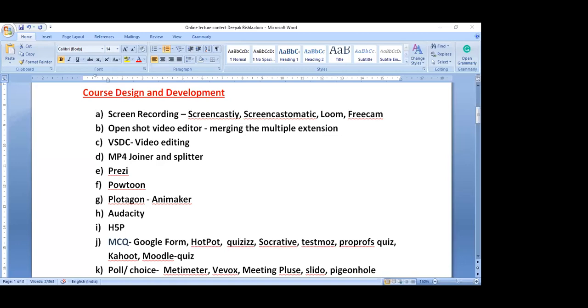Let's say you have some demonstration part as well. Say in a virtual lab, I'm creating a physics, chemistry or mathematics video. I need notation and to demonstrate something else which I think is not coverable in Plotagon. But what we can do is create a 5-minute discussion-mode video in Plotagon, and create a 5-minute video using FreeCam or Screencastify to demonstrate your virtual lab or Mathematica software.